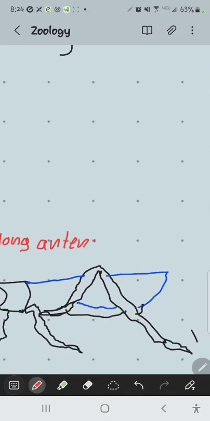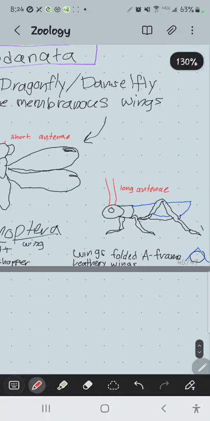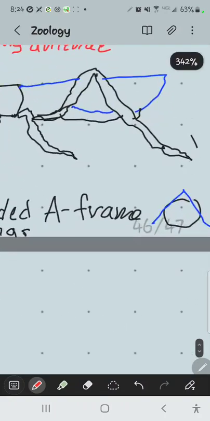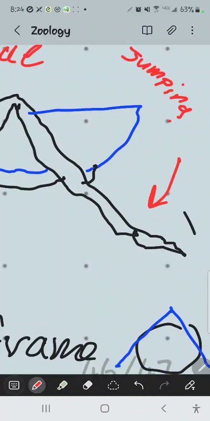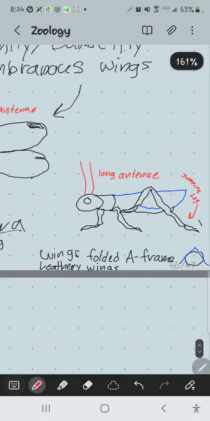Okay, and then not all of the groups have this, but they have a jumping leg. The hind legs have this large, muscular, spring-like action where they can fling themselves up. One exception here is